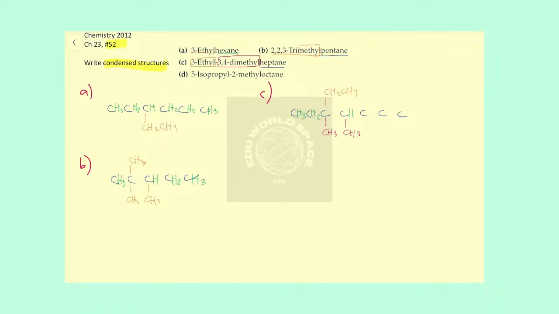Okay, and then I have an isopropyl group on carbon 5. Okay, so 1, 2, 3, 4, 5. This is carbon 5. And I have an isopropyl group. So hopefully you remember what isopropyl looks like. Okay, so this is what it looks like. It has a carbon that splits and connects to two more methyl groups. Okay, and finally I have the 2 methyl right here, so I'll go to carbon 2 and add a methyl